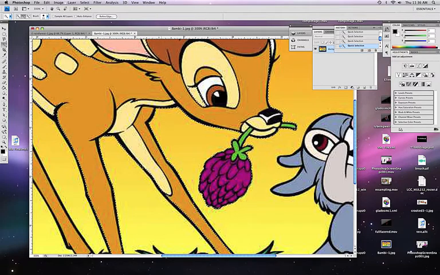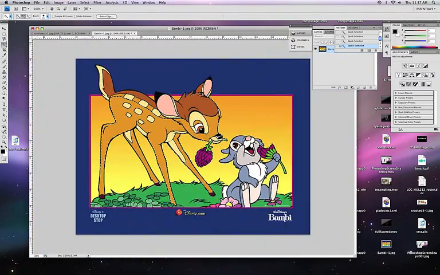Aside from using the pen tool or perhaps a layer mask for this particular image, I would probably go with the quick selection tool in trying to get Bambi on the outline. I just think it's the most efficient means of grabbing it. I'm going to make my brush a little bit bigger. And I'm just going to go ahead and try to grab Bambi as best I can here with the short time that we have. I'm going to try to make my brush a little bit smaller, grab that hoof,